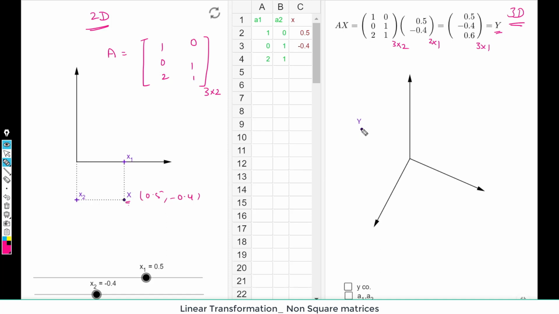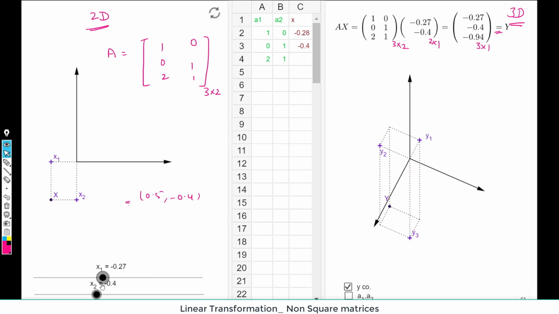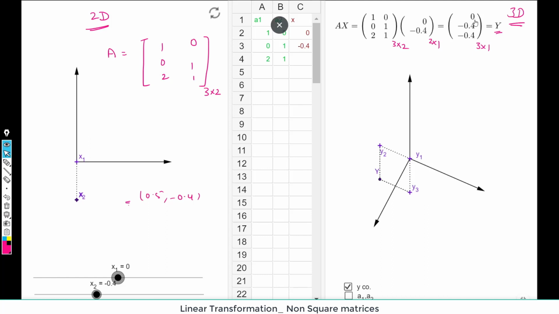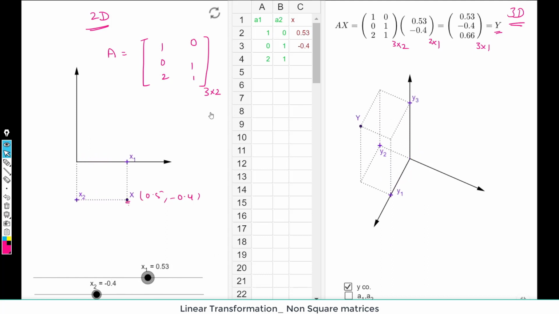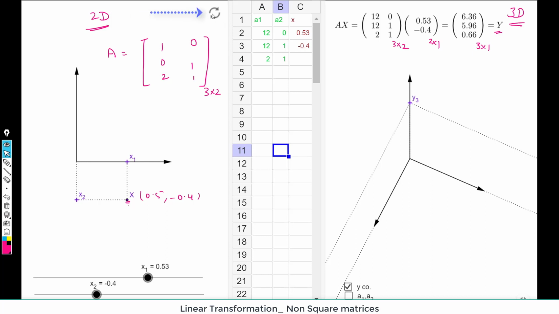And if you want to look at the coordinates also, you might want to click here to look at the better picture. So now you can see that 2D and here it is a 3D figure, right? And again, you can change the coordinates of x1 and x2 here, whatever you want to do. Suppose we are making it 0. Let me try. Then here also the first coordinate becomes 0. So you can play around with these values and you can see. And again, you can change the matrix as well, and you will see whatever values you change, accordingly your coordinates would change here in the space, right? So you can play around with these values and see what happens, and you can go back by refreshing it from here.